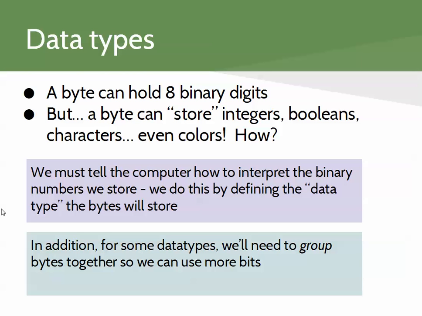With 8 binary digits in a byte, you can hold 2 to the 8th. So the highest actual number you can hold within a byte is 255. That's certainly not going to be usable for our system. We're going to have to pool our bytes together. So maybe we can put 4 bytes together and have 32 bits to hold larger numbers, 64 bits to hold even larger numbers. So it's the grouping and the interpretation of the bytes that forms the concept of a